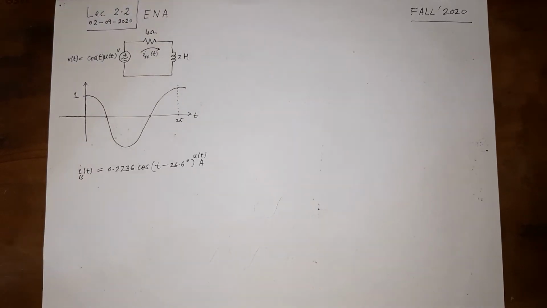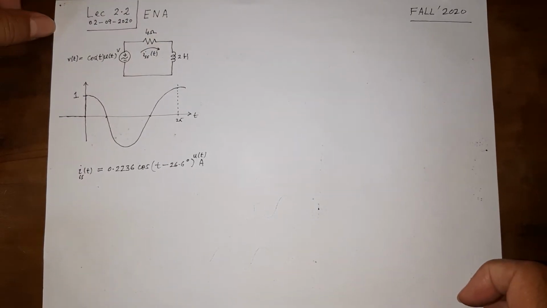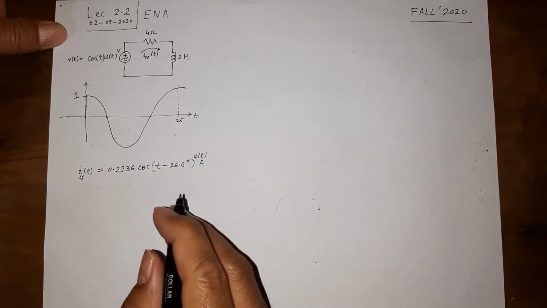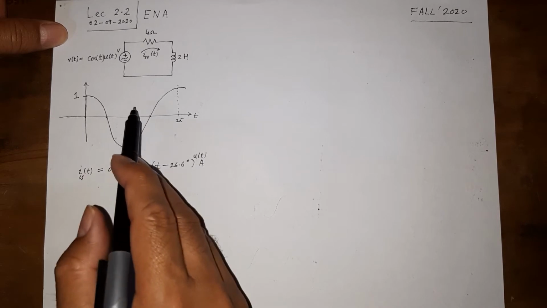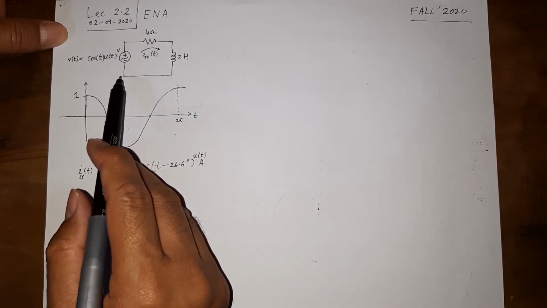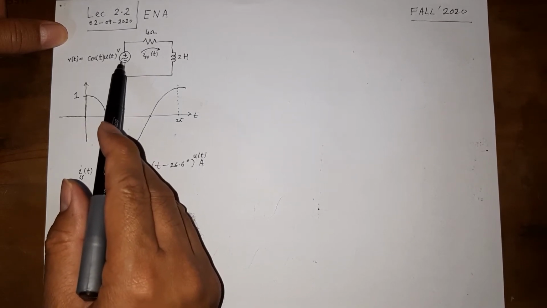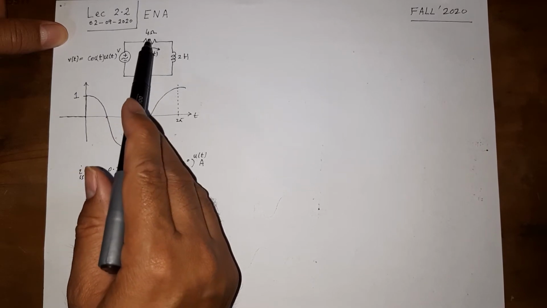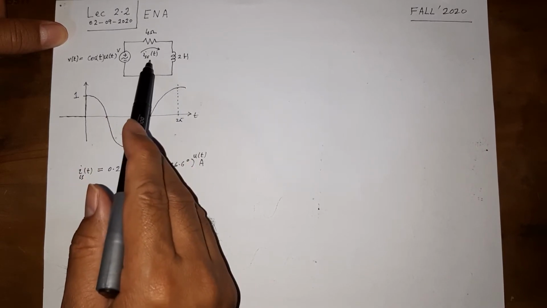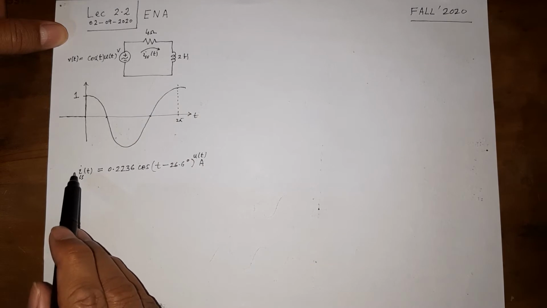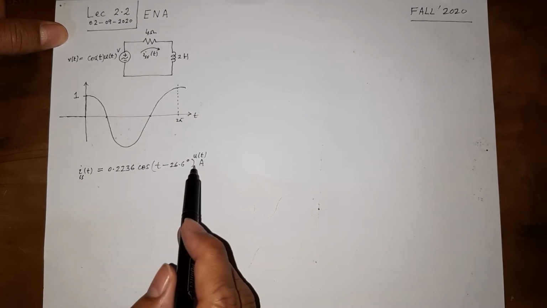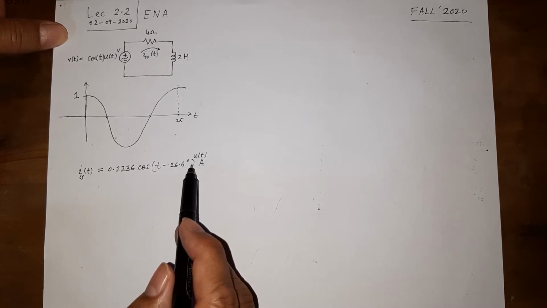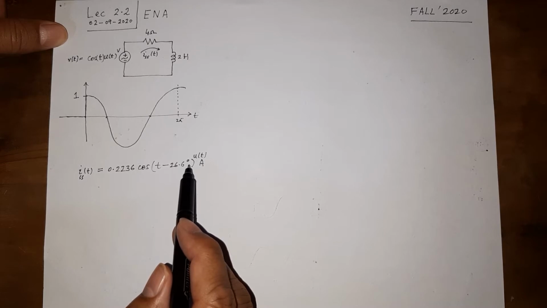Okay, so let's continue with the lecture. This is lecture 2, the next part. I have just drawn the same circuit again. Cos t u(t) is a forcing function, volts, 4 ohm, 2 Henry, and the steady state current is to be found, which we did by magic and came up with this expression. Again, we have not yet learned why we do this, why the magic takes place.